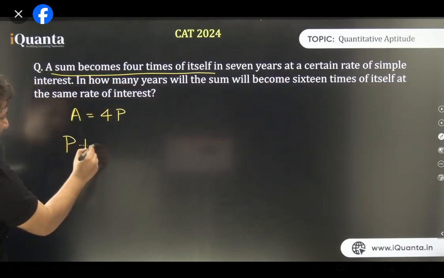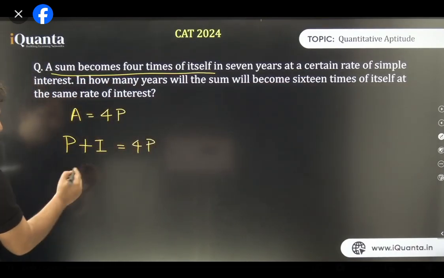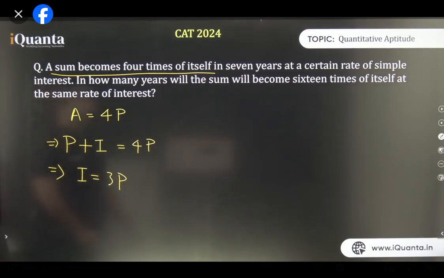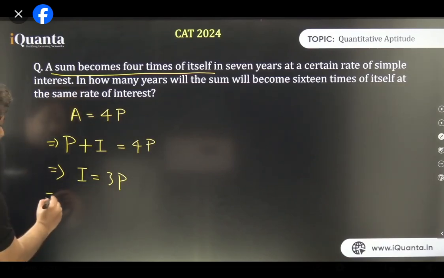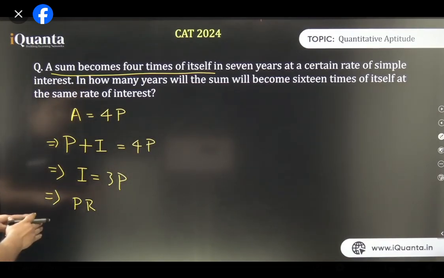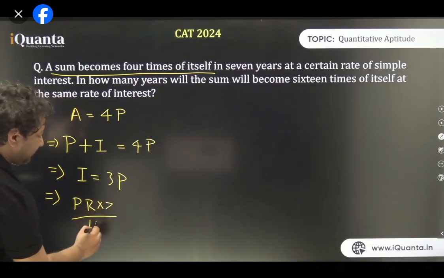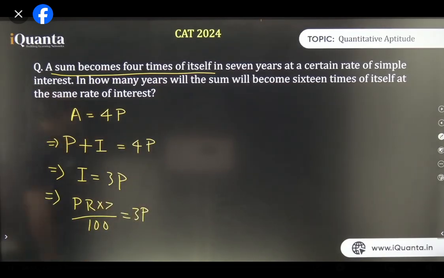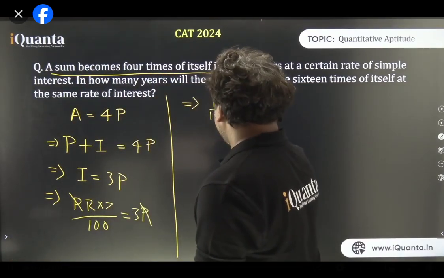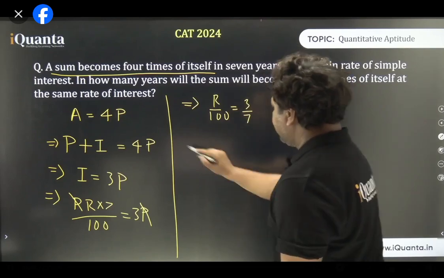Okay, well. A, replacing it by p plus I, this is equal to 4p, which means I will be equal to 4p minus p, that is 3p. This is what we have with us. All right, great. Now replacing I with p, r, t. So principal is not known, rate of interest is not known, but time is known. T is 7 upon 100, this will be equal to 3 times p. So p and p get cancelled, all we have is this. Cool. Solve it further, which also means that r by 100 is equal to 3 by 7. Is that clear, everyone?